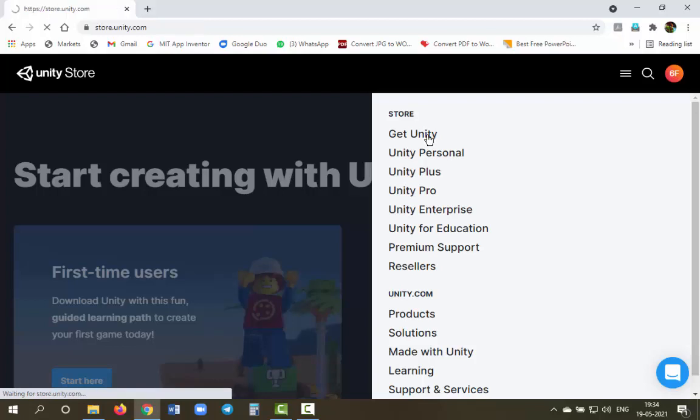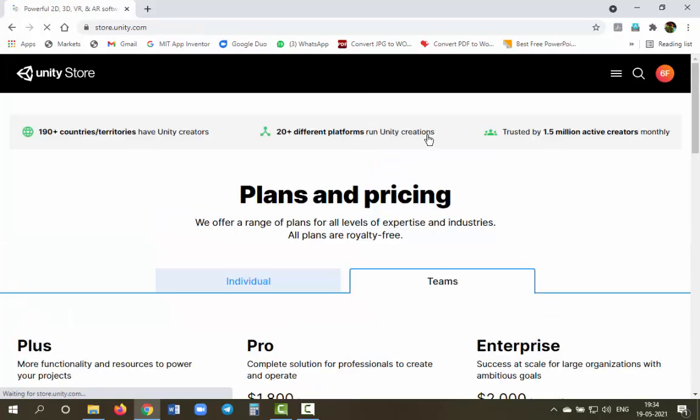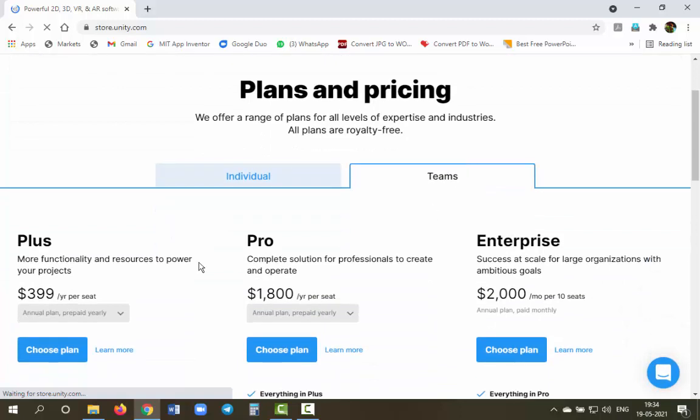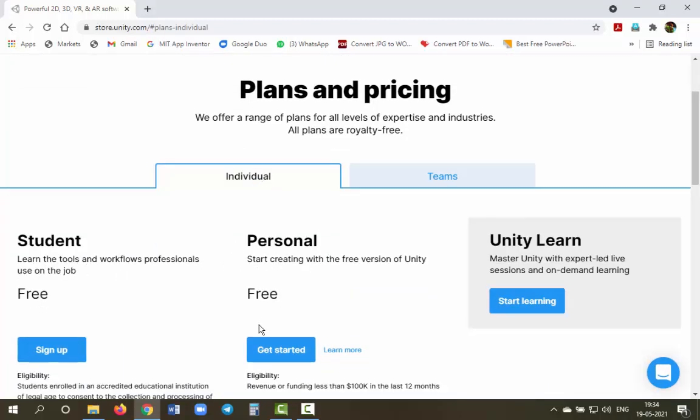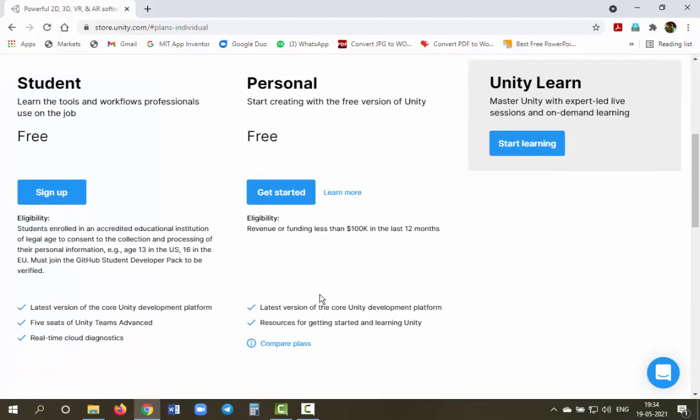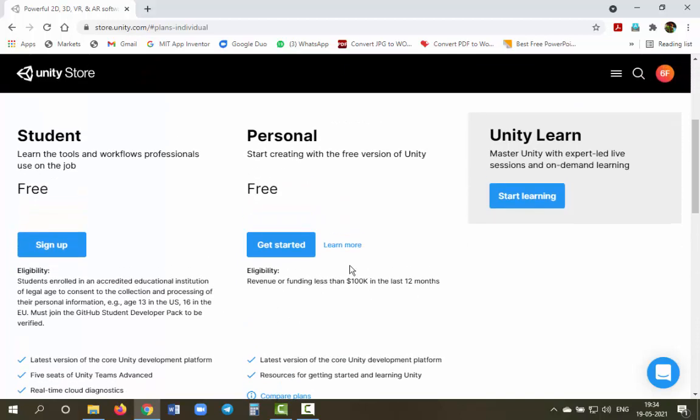If you click on get Unity, again it will open a page like this. In this page you may choose any plan, but I have chosen this plan only. If you want to develop a game and if you want to place that game in the Google Play Store, then you have to select this one.